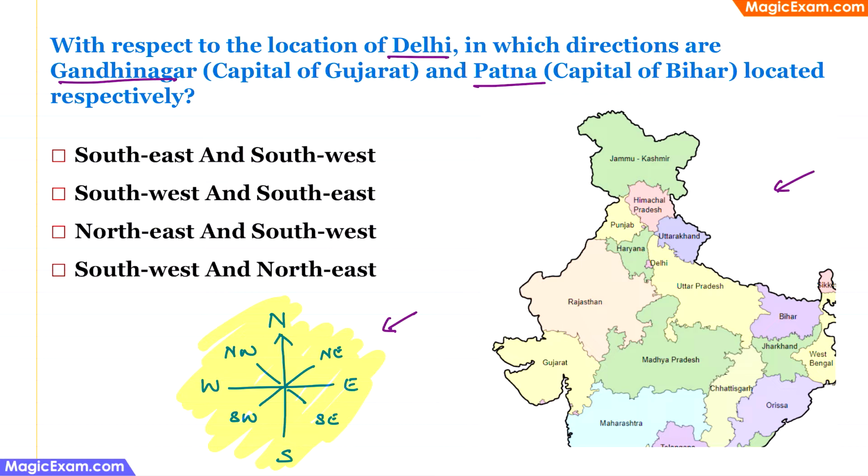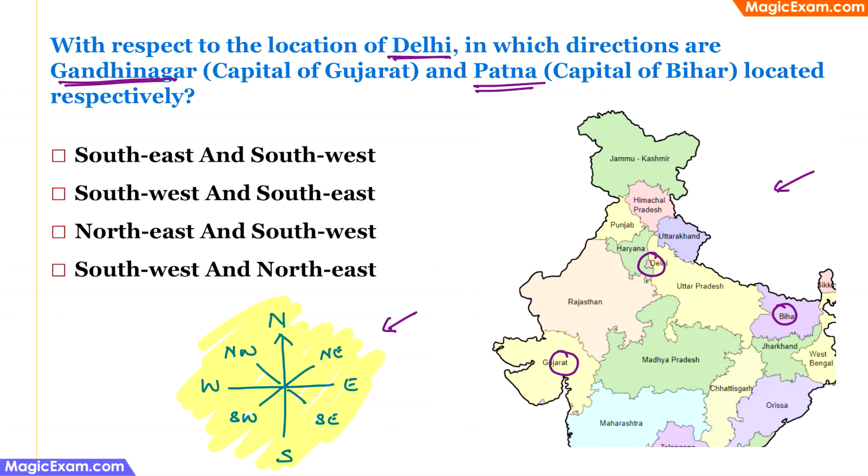Now, in this question, we are first asked to identify where is Delhi. So it's very easy. Delhi is here. And then we have to identify where is Gandhinagar, which is the capital of Gujarat. So since Gujarat is on the western side of India, we know that the capital of Gujarat will be somewhere here. And Patna is the capital of Bihar. Now Bihar is on the eastern side of India, so the capital of Bihar, that is Patna, will be somewhere